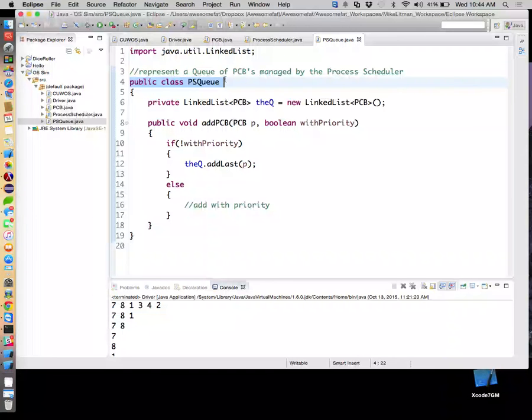Well, we could either just use this or have a PS ready queue and a PS job queue, and then the ready queue is just... How are we going to use the PSQ that's associated with our job queue in order to fill our other queues? Are we ever going to feed off of it